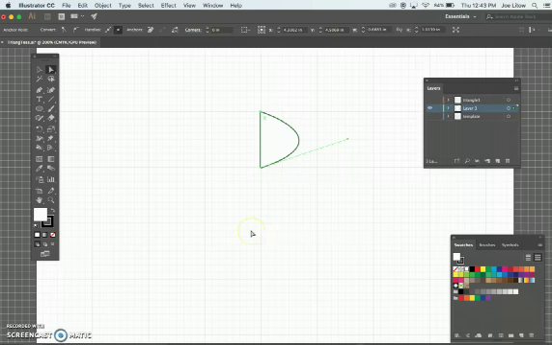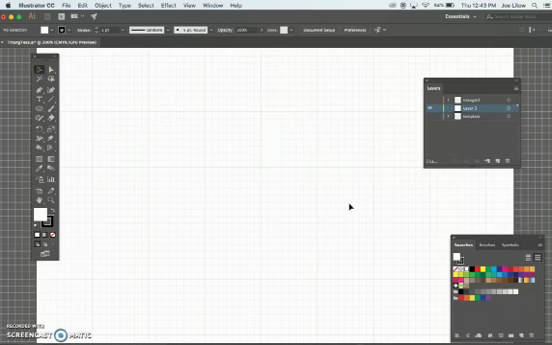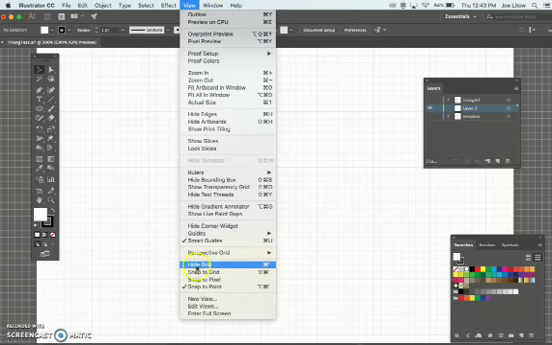So that just teaches you a little bit about the direct selection tool, which allows you to select individual points on your object. Now I'm going to take the black arrow and select this and delete it, and all of you should now go to View, Hide Grid,